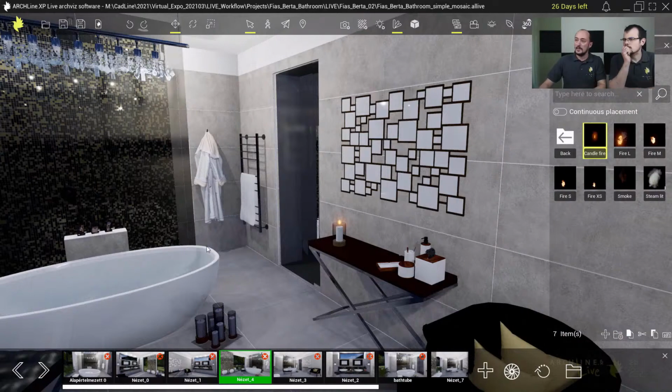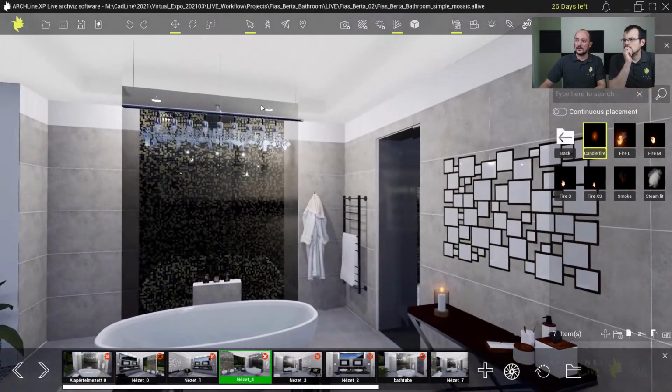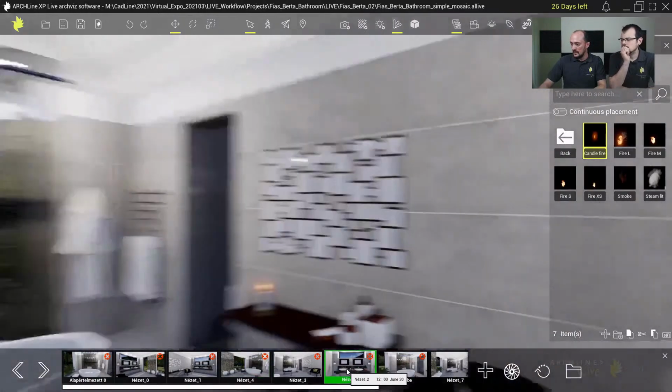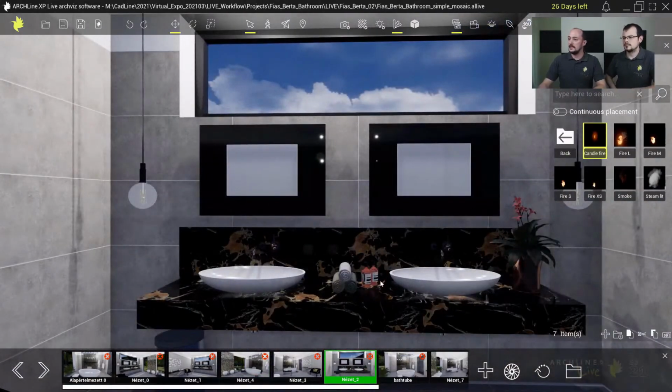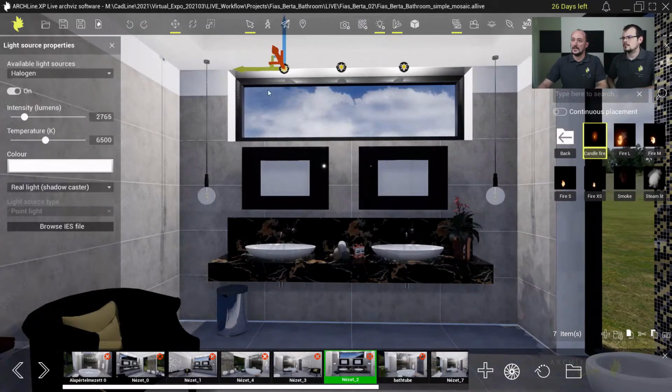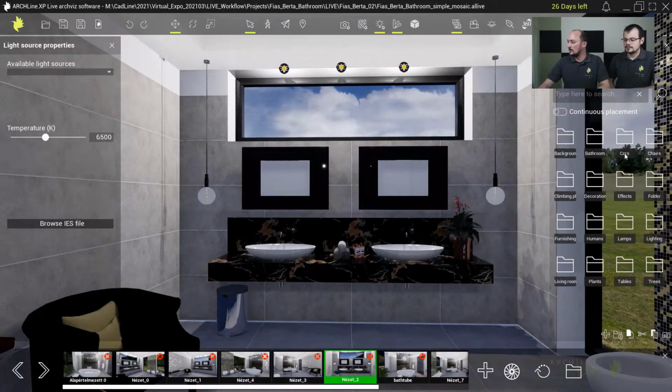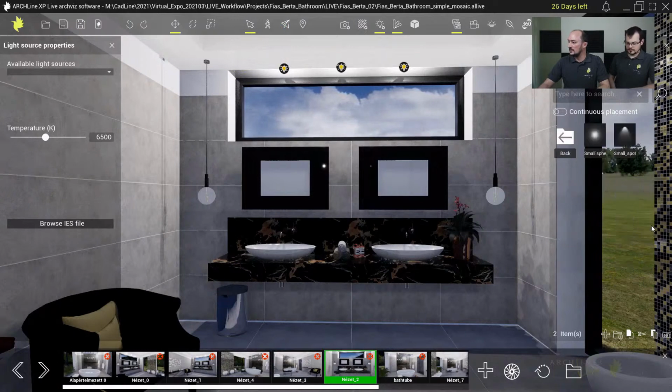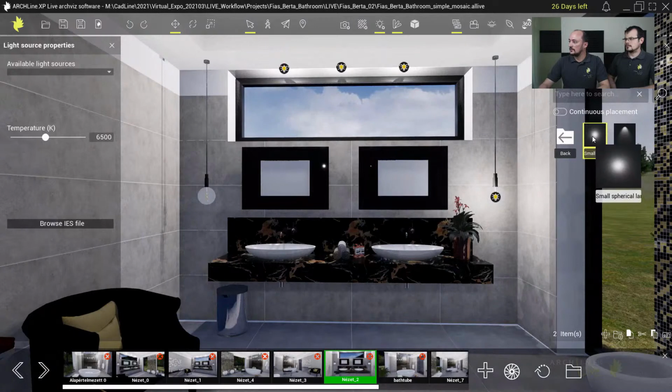And yes, going back to the actual practical lights, let me just go to this area and see what we can do with those. As you can see, we have all these artificial light sources. If I go back to the edit lamp mode, I can change the intensity, lumens, and so on. But I also forgot to add light sources in ARCHLine, so I can also add lights here. If I go back to the lighting library, I can just add this small sphere here,